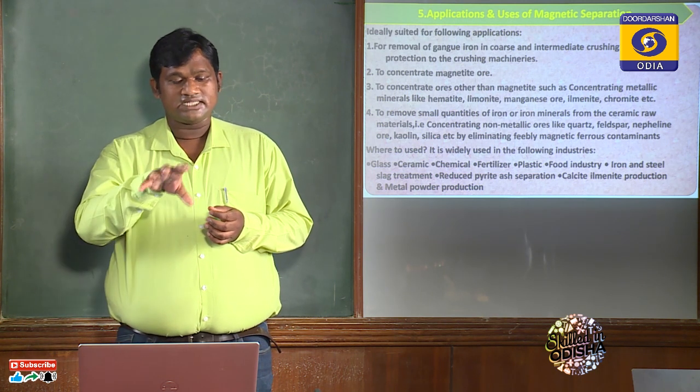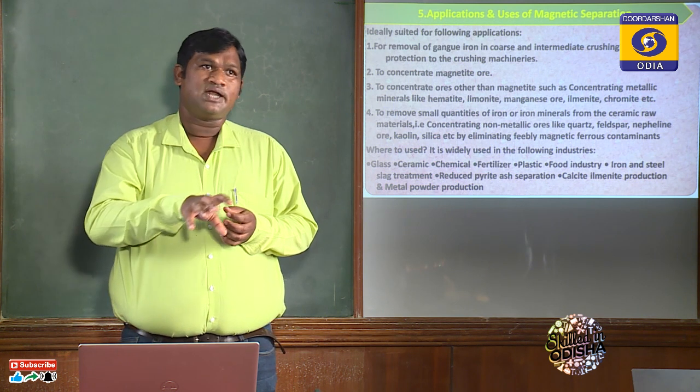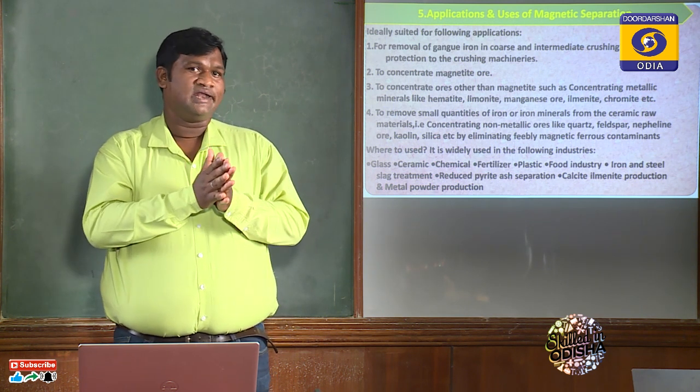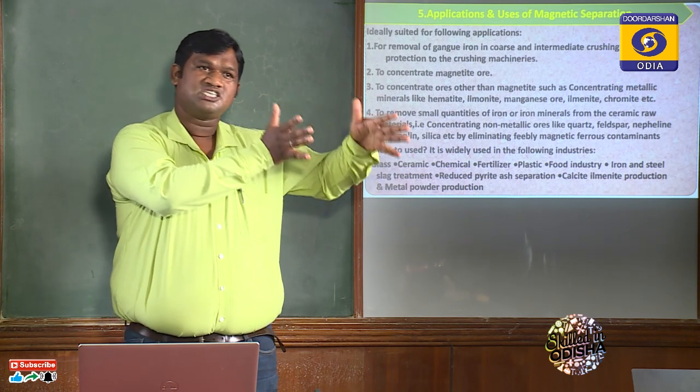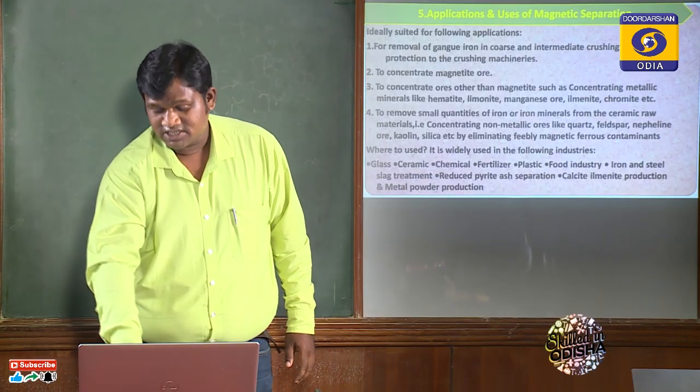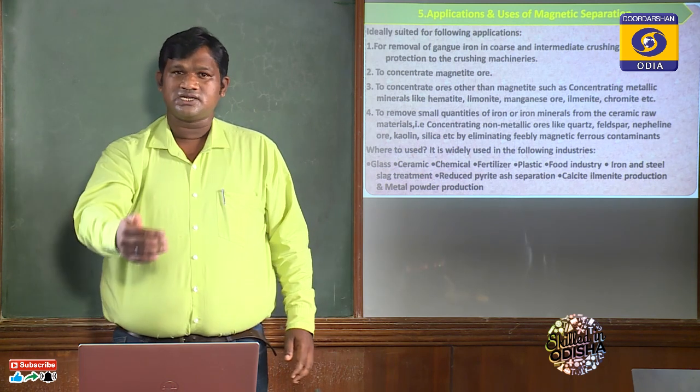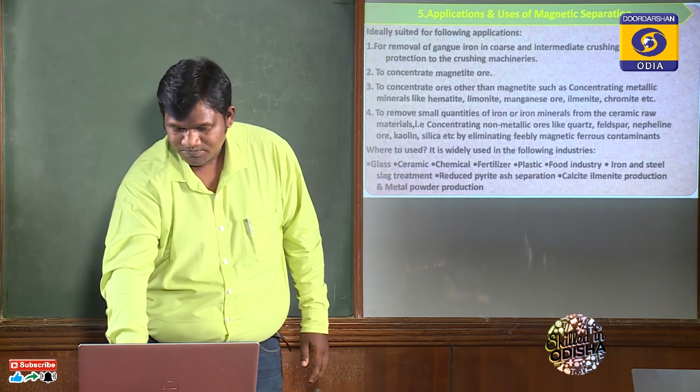So basically these are the things we have discussed: separation and magnetic separation. In the first half we studied the introduction, what magnetic separation is, what the main types of magnetic minerals are, and then the applications. Lastly, we studied the working principle of the different types of magnetic separators used day by day in the mineral industry. These are the applications and uses of magnetic separation.